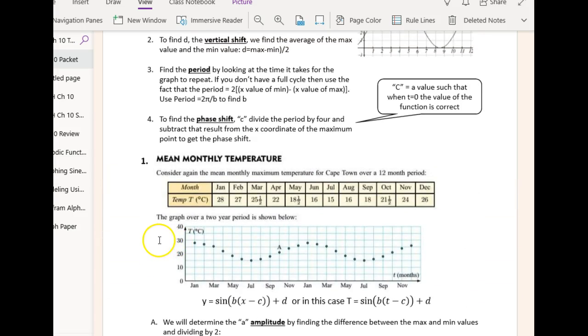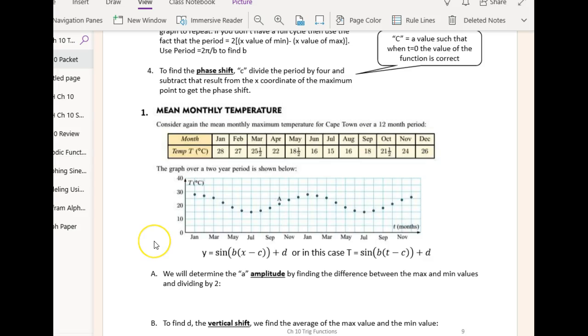So here you've got some data about the temperature in Cape Town, South Africa, over a 12-month period. And these are the temperatures in Celsius. So if we plotted that data right here, for example, January is about 28 degrees, etc., we see that this graph appears to be